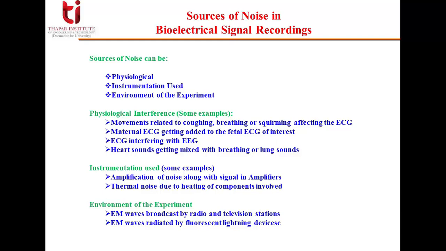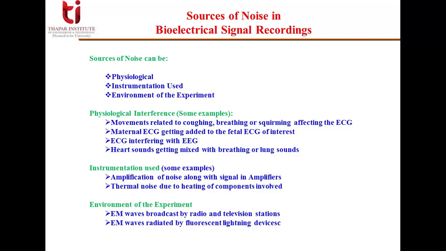Now some noises can be removed or reduced, for example by using low noise amplifiers or power supplies, modern electronic amplifiers, high common mode rejection ratio, or we can also reduce EM waves by shielding of cables, etc. But in some cases, these noise levels could be much higher than the signal levels. Therefore, it requires a special filtering or processing unit for the signal.